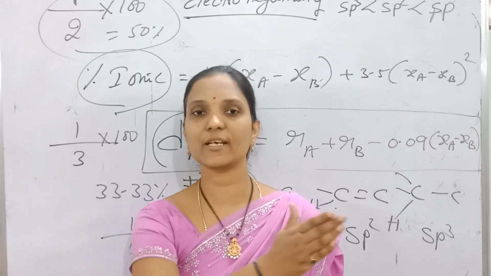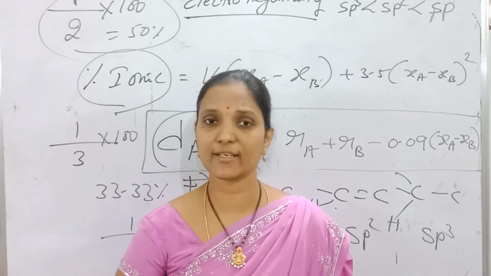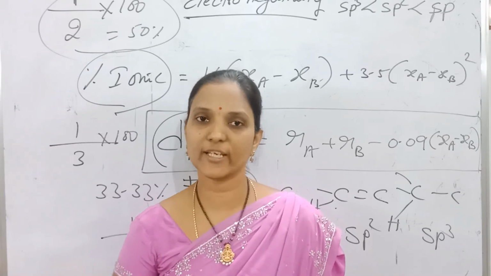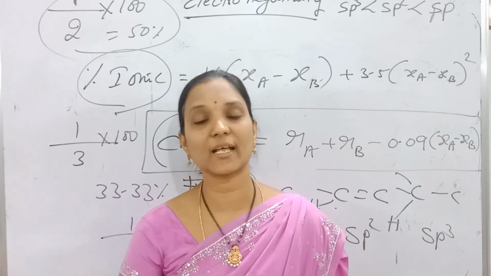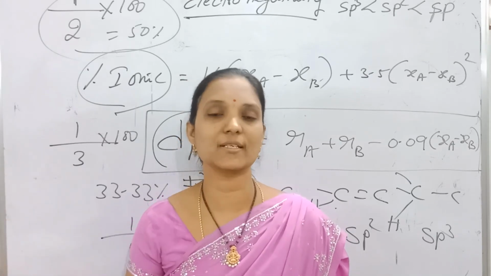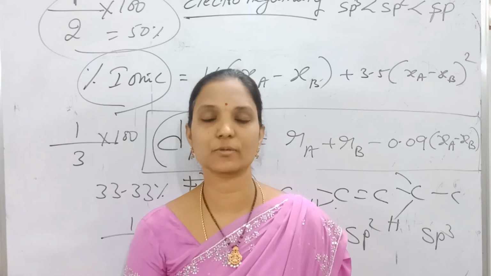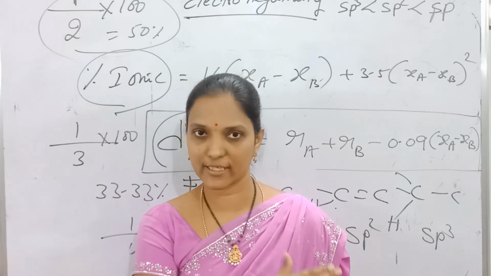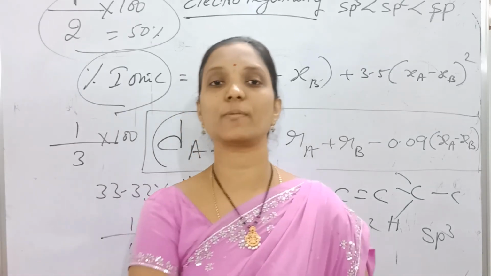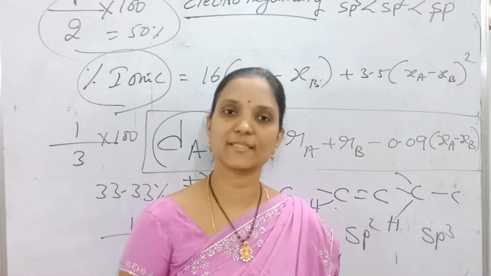Like that, in a period from left to right, electronegativity increases, so electropositivity decreases. Negativity means attracting, positivity means losing. Electropositivity decrease means metallic nature decreases and non-metallic nature increases. So s block has good metals, p block has good non-metals. The last, 7th group, are all good non-metals. Non-metallic nature increase means non-metallic oxides are acidic in nature. So acidic nature increases and basic nature decreases.